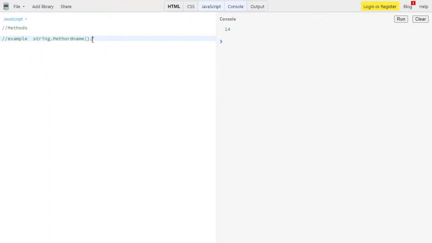The semicolon is optional. You can write it or not, it's up to you, but it's a good practice to write it after every line break.